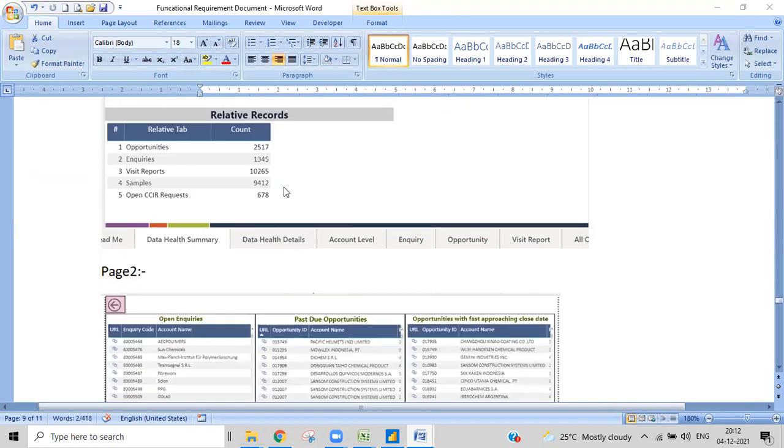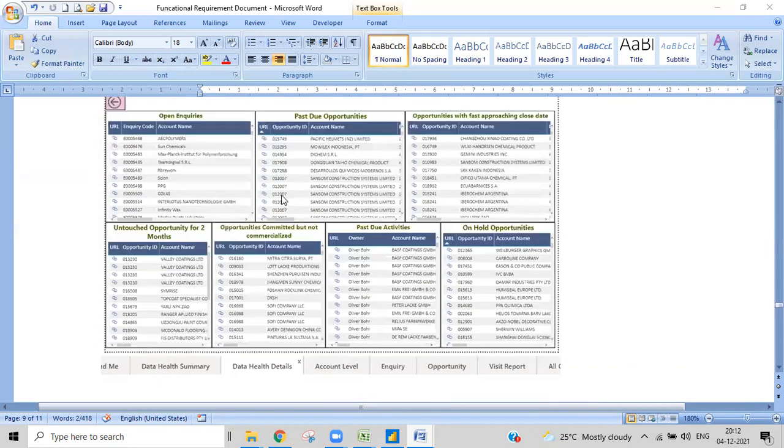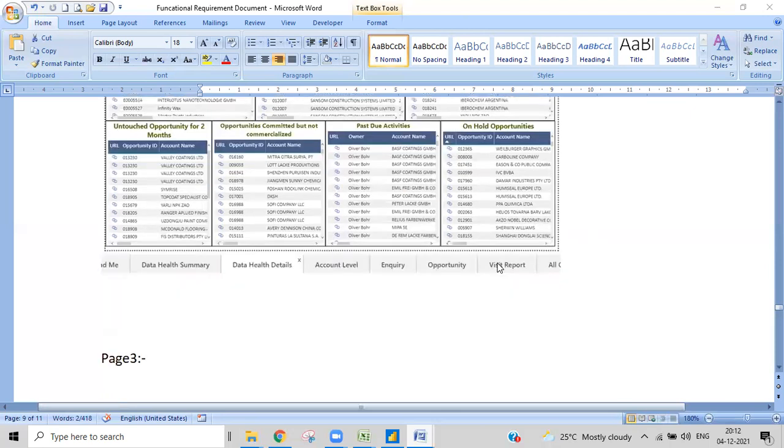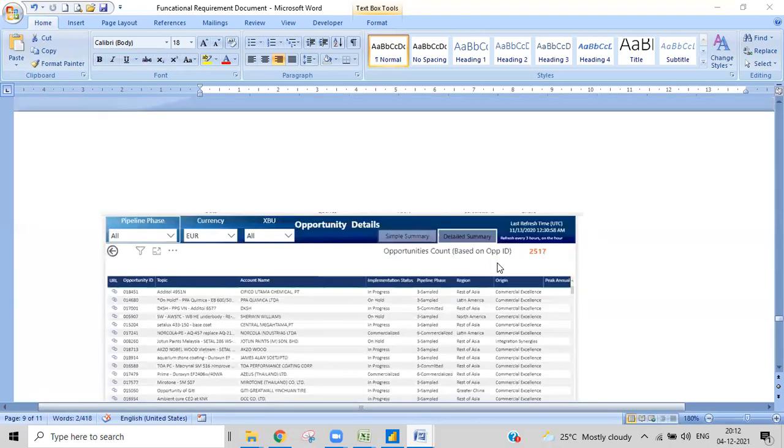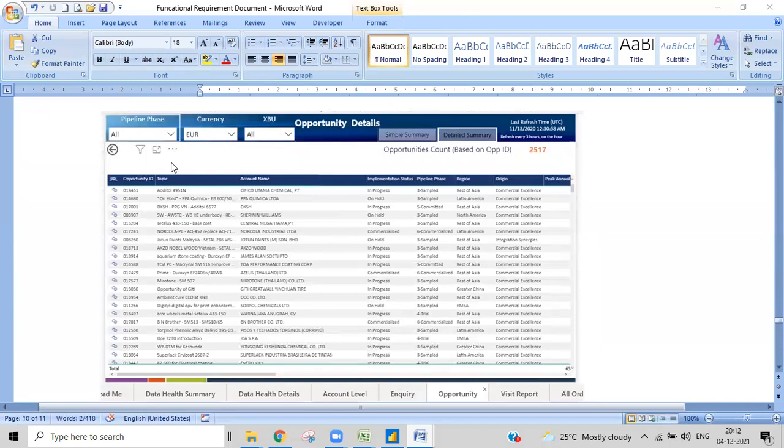That is our target. Then in the second phase, they need this kind of descriptive tables. There is some logic to achieve this also. They gave us some logic on what needs to be shown over here, and according to that we'll show it in the second phase. And in the third phase, they need it in such a way that there should be some filters and two bookmarks, like they need two views.